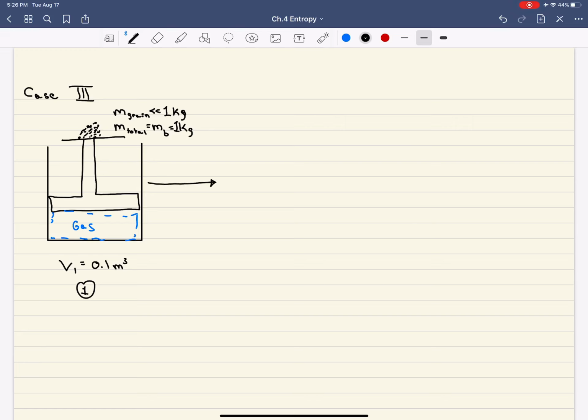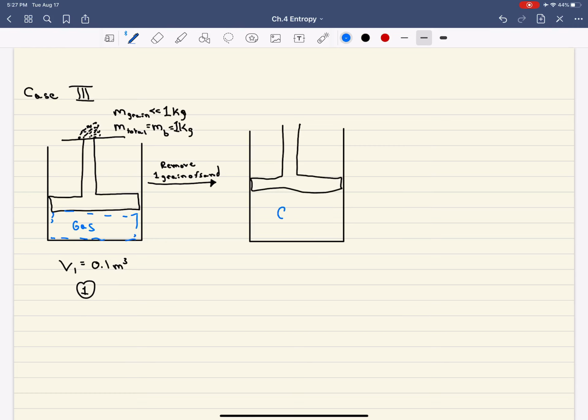And what we're going to do is we're going to remove 1 grain of sand at a time. Okay? So we're going to remove 1 grain of sand from the piston, where the gas is still underneath. And by removing 1 grain of sand, since the mass is so small, that's not really going to change the system that much. The volume is going to be a little bit bigger, but basically you're not going to notice it. And it's only after we remove 1 grain of sand